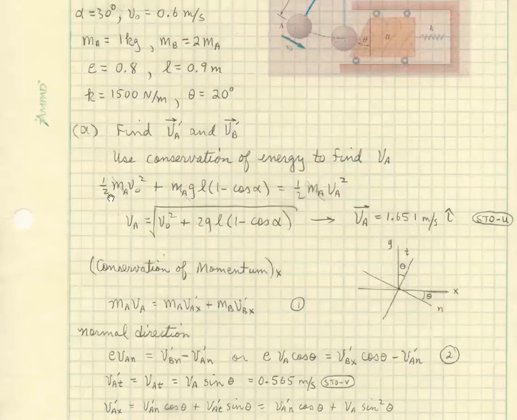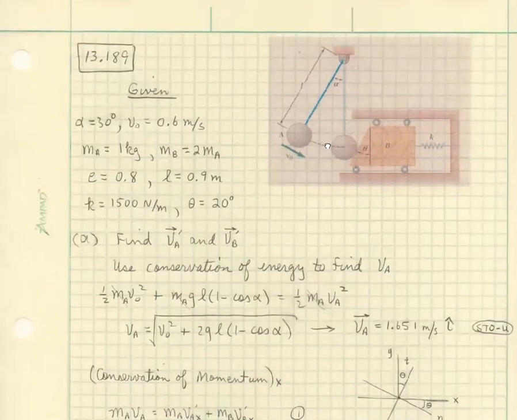So we have a kinetic energy at the top of this motion over here of 1/2 m sub A v naught squared, and then we have a potential energy that the object has with respect to this level right here. And that potential energy level, let me back this down right here so we can see this drawing a little bit better. This distance down to here is L times cosine of alpha, and the total distance down is L. So if we take L and subtract L cosine alpha, we have this little bit of distance right here. So there's my L minus L cosine alpha then for the potential energy,